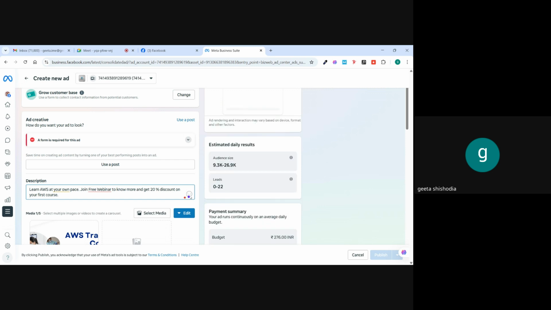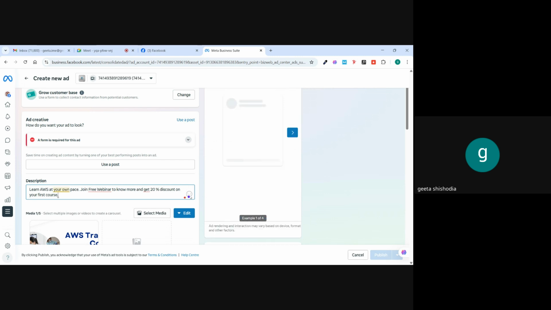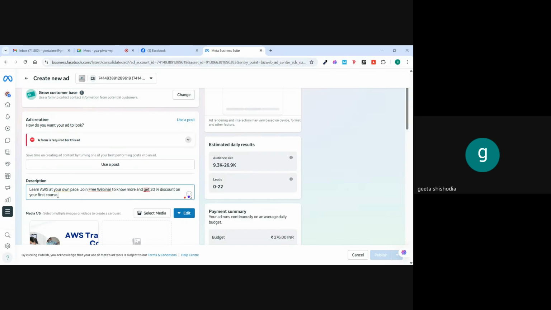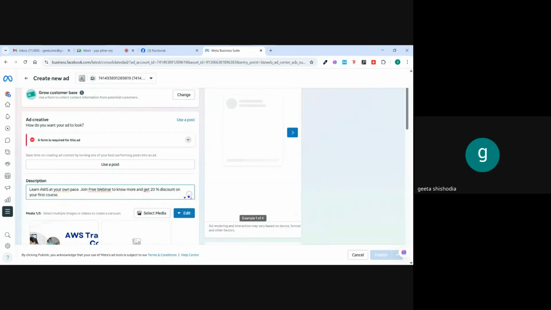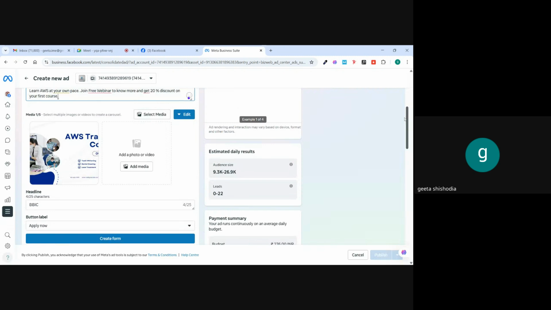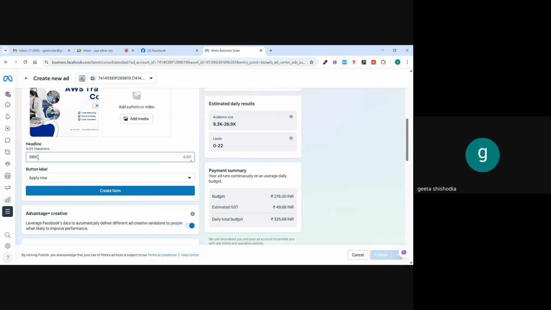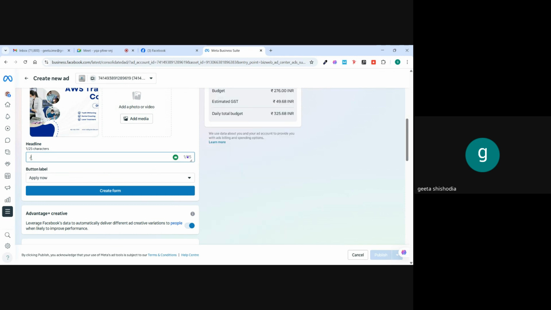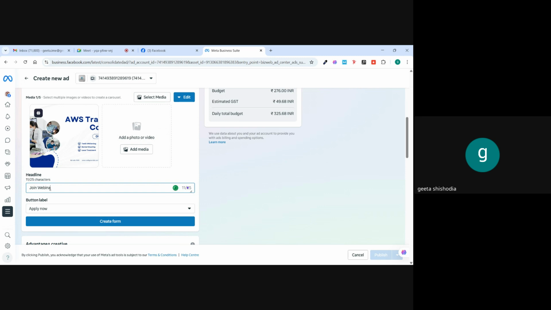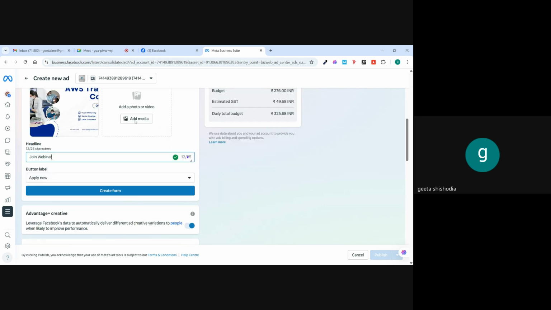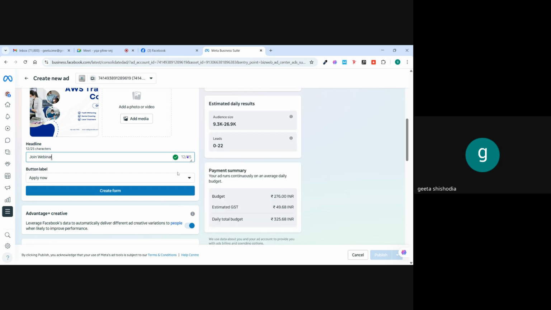Okay, something like this I have written. Learn AWS at your own pace. Join free webinar to know more and get 20% discount on your first course. Okay, so this looks quite fine. So we have inserted an image, we have written about it, and now we are going to write the heading. Join webinar. Okay, I have written this headline as join webinar, and now I'll attach a button like